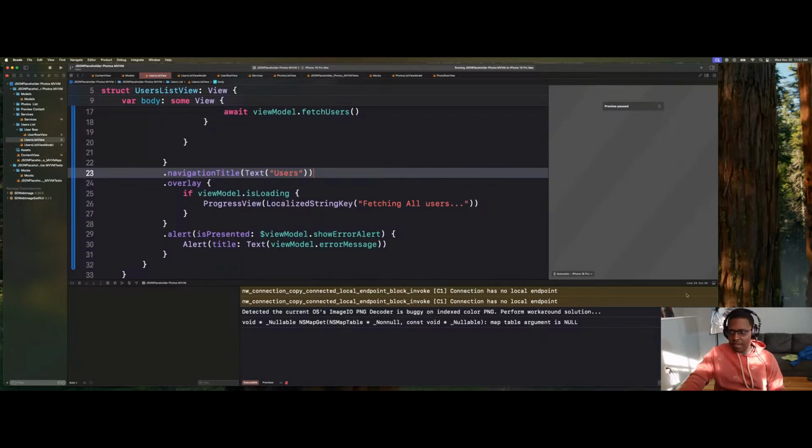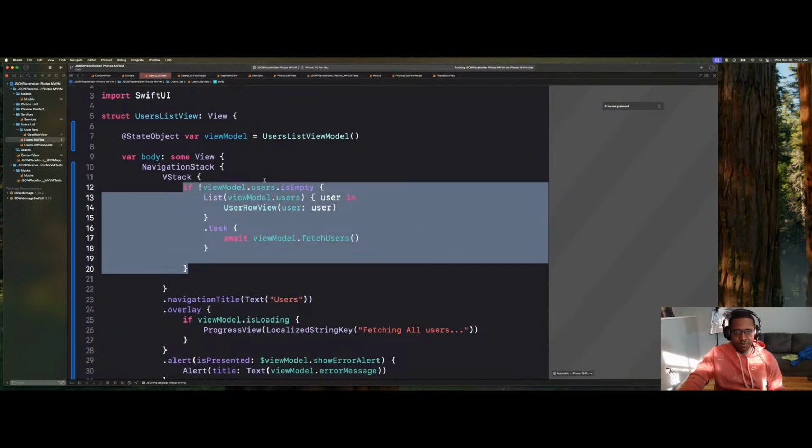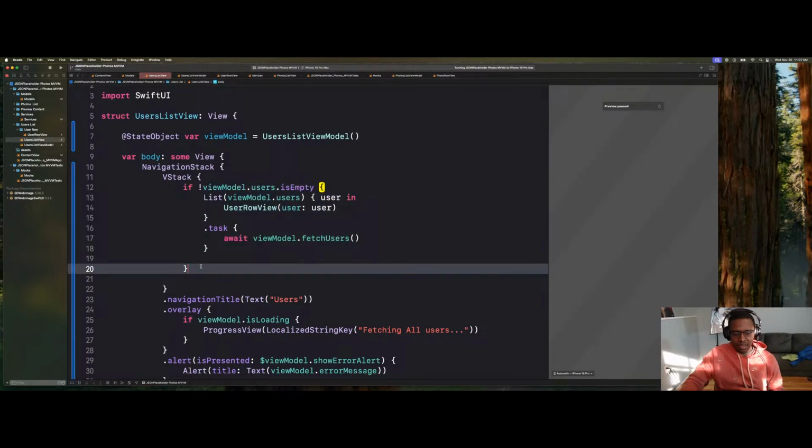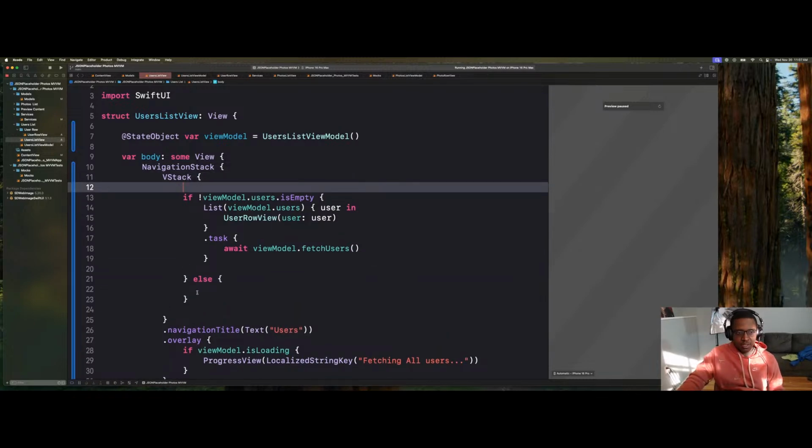Okay, so now inside our first if case, we're saying if the view model's users array is not empty, then show the list. Otherwise, if it is empty, what we can do, let's give it some space, is use